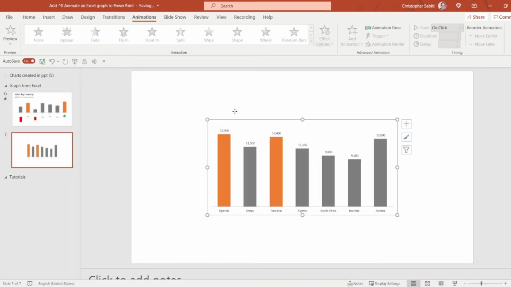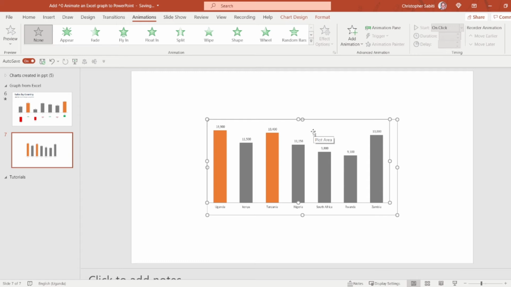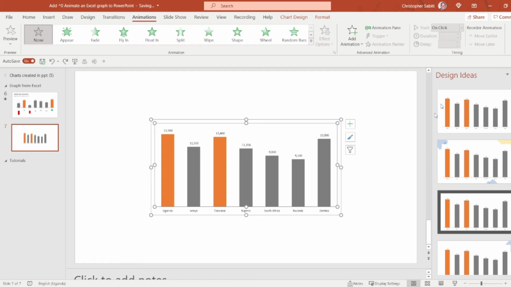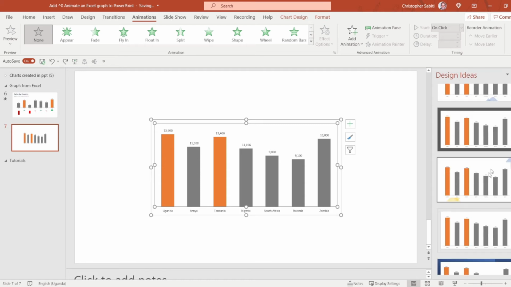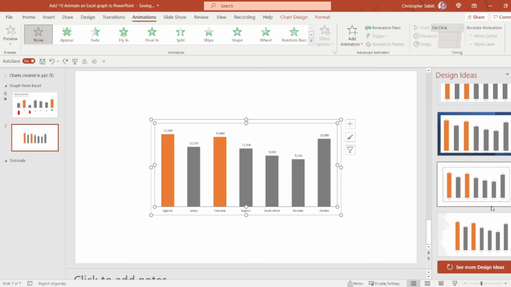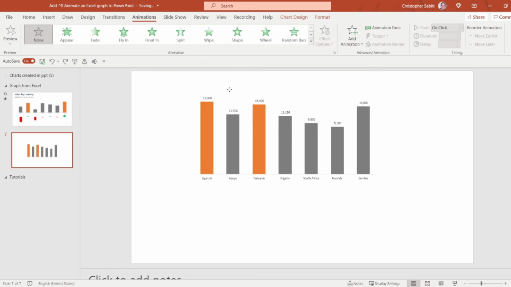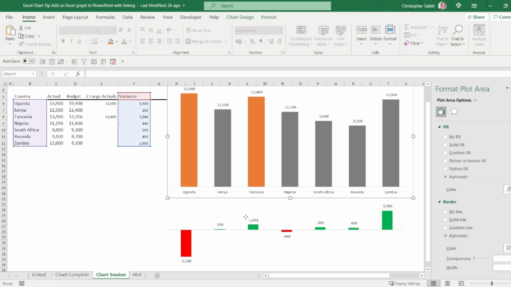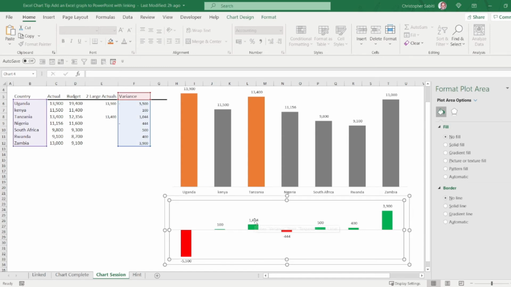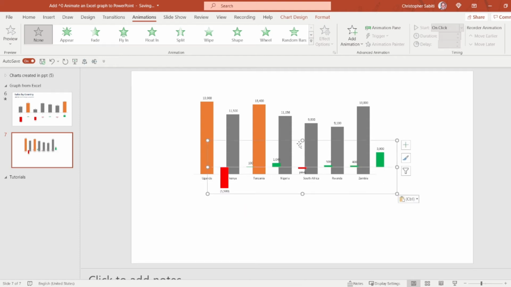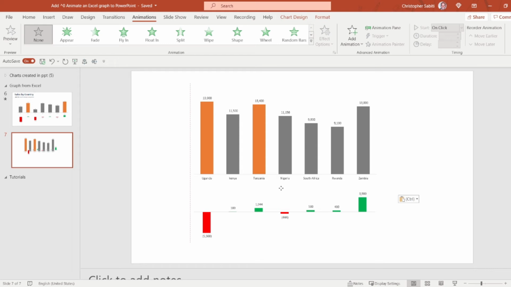That is this. So you have to make sure that it doesn't come as an object. Using 365, it even gives you design ideas. You can peruse through and look for the design ideas, but this is not the target for now. So now we are looking at having the graphs from Excel in PowerPoint, and this is the second. Okay, yeah, we have all our graphs in PowerPoint.